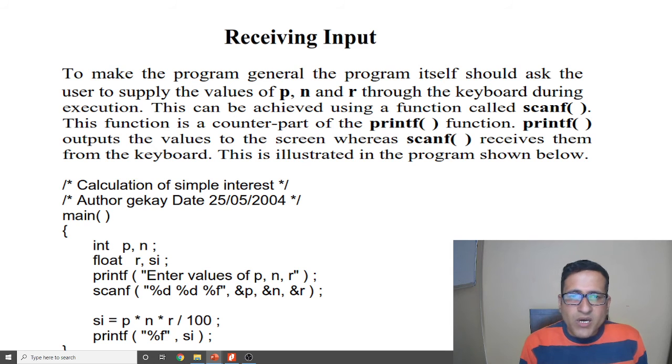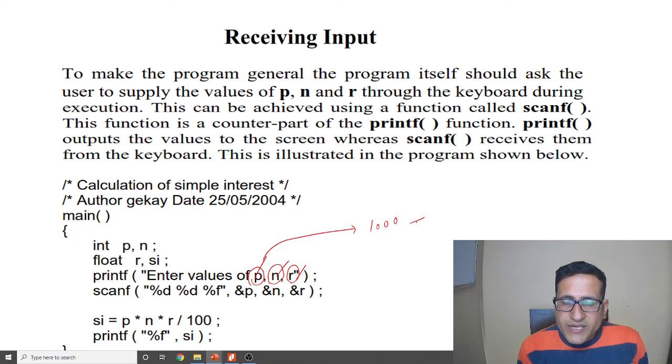In our example, three values are demanded: P, N and R. If we write the value of P as 1000, then we have to give a space, or press the enter key, or press the tab key before entering the value of N. We can't type like this, 1005.